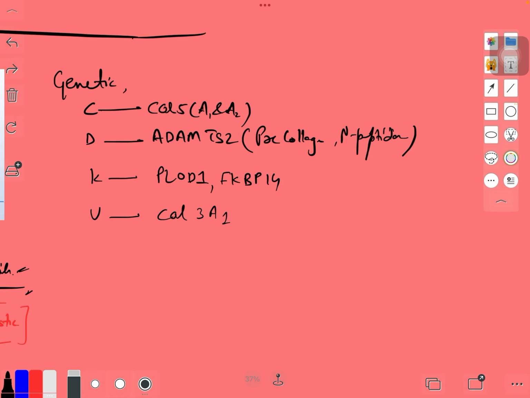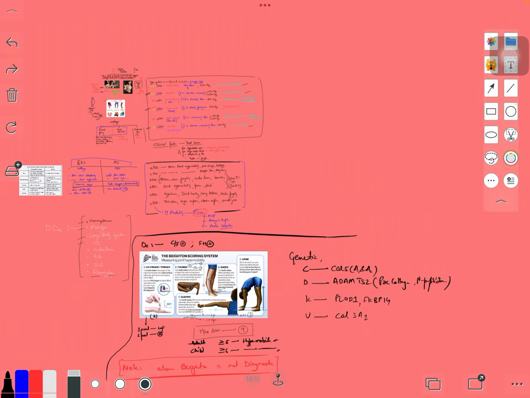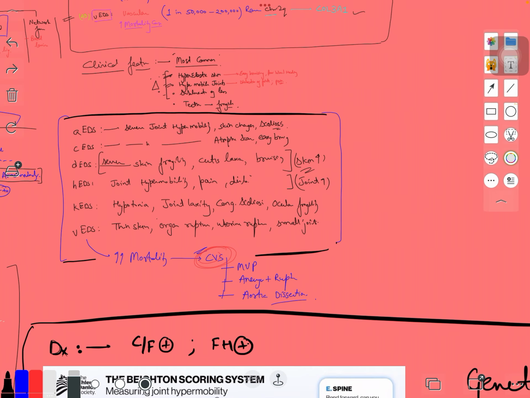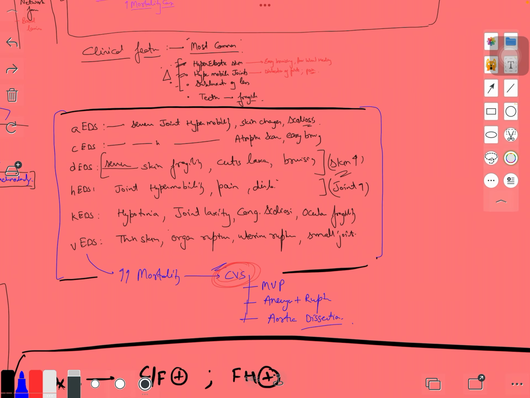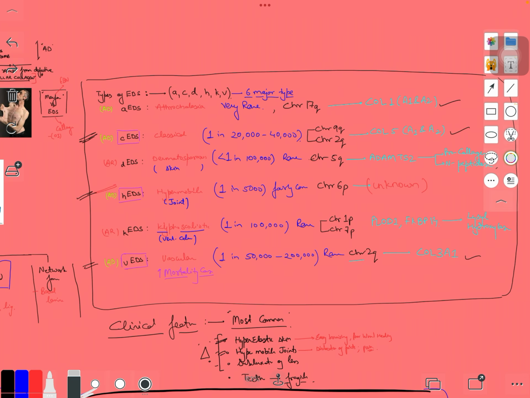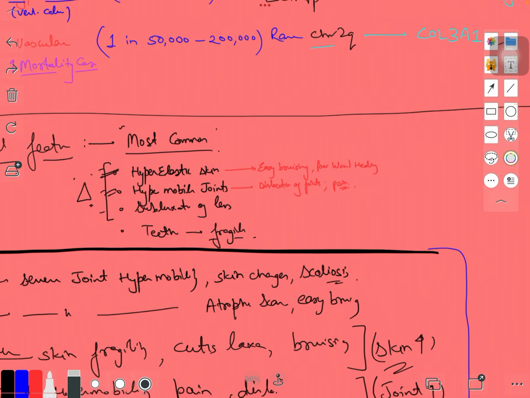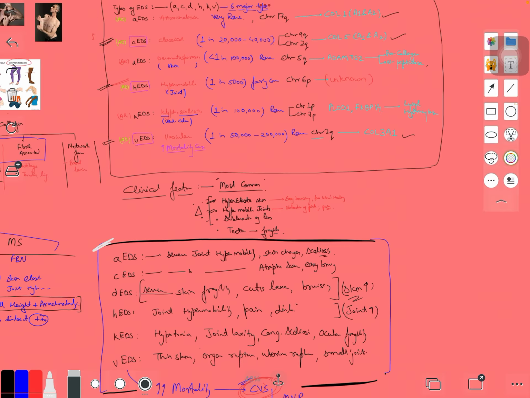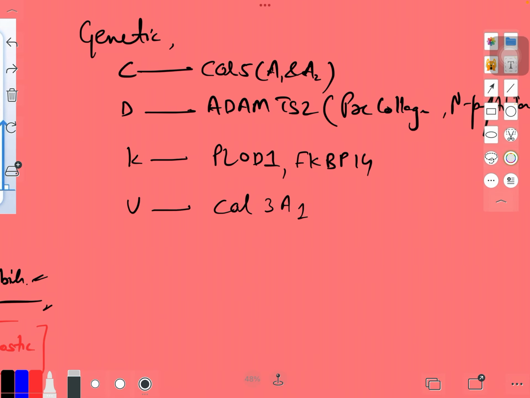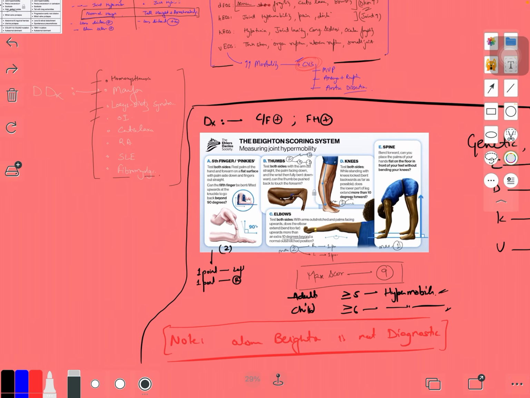If it is COL5, it is the C variant. ADAMTS2, it is D type, right? So it actually helps us make a perfect diagnosis much more easily without applying more brain, right? Because remembering all these things is very hectic for us. So if you can remember this table, fine. If you can't, that's also good. Just remember the important variants, okay? Just remember these 3-4 points, these 3 important features, and just make a guess and send them for